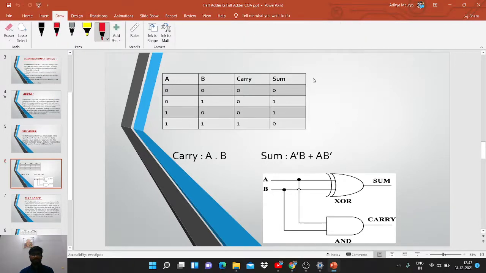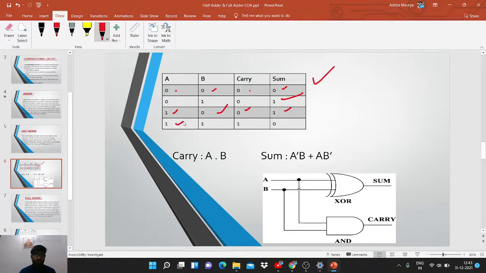You can see the truth table for half adder. When input is 0 and 0, sum is 0 and carry is also 0. When input is 0 and 1, sum is 1 and carry is 0. And when input is 1 and 0, sum is 1 and carry is 0.